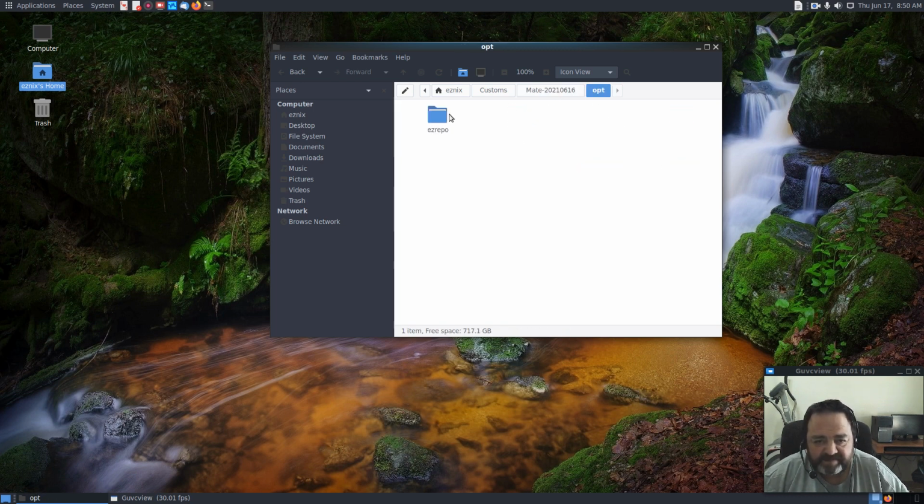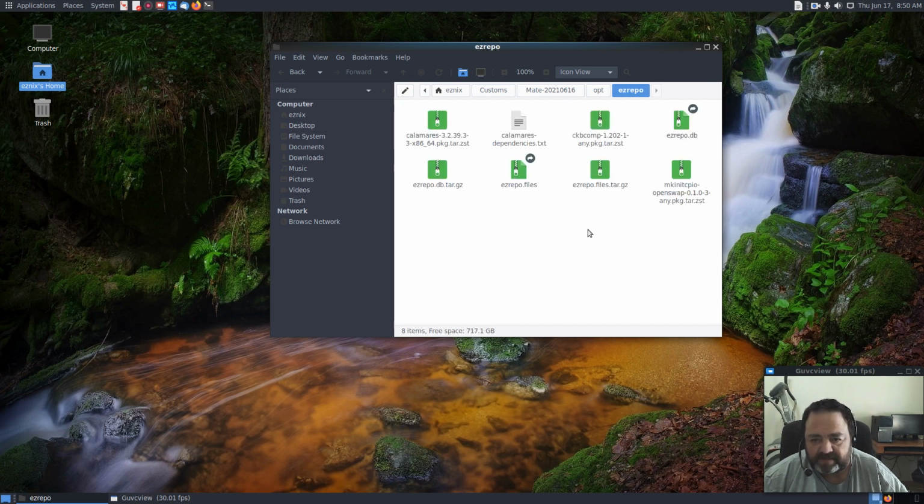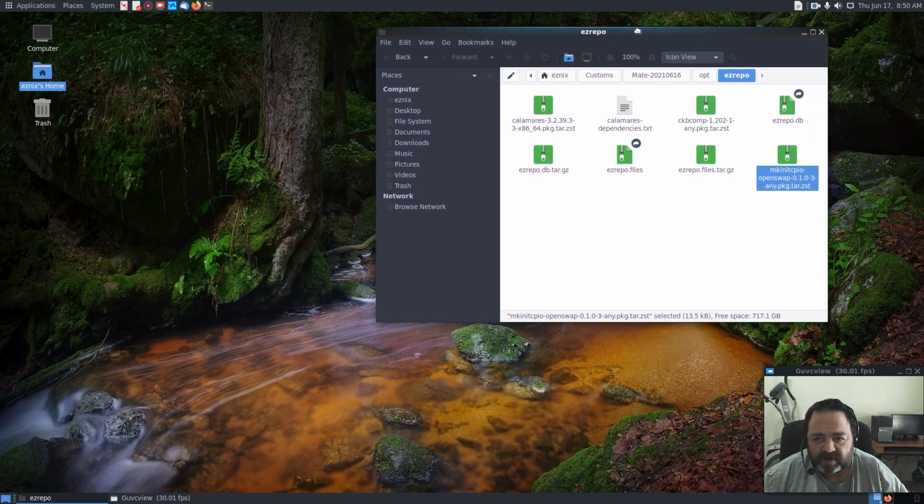The opt folder has my local repository of Calamares, ckbcomp, and mkinitcpio-openswap. Those are the only 3 outside packages I provide in my templates. You may want something else. You may want to add things, say, out of the AUR, or if you're adding out of the standard Arch repositories, that's simply done in the packages list file. But say you want to add a program out of the AUR into your build. Let's head on over